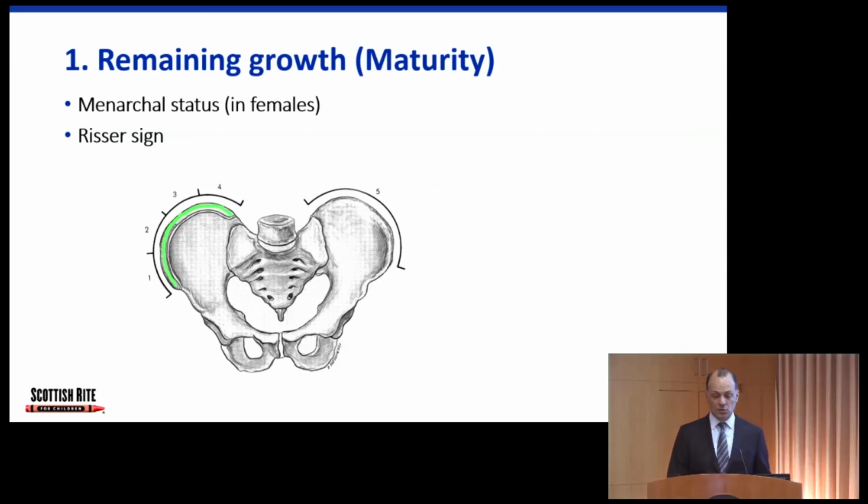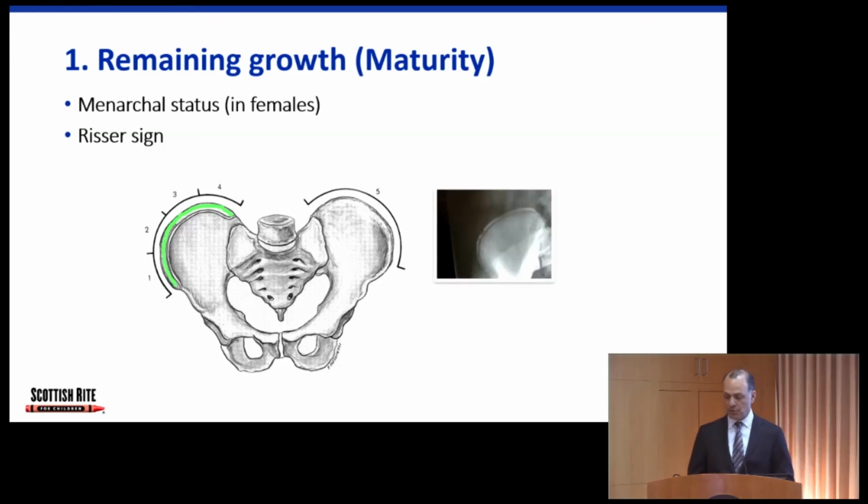And all the way across, it's Risser 4. Risser 5 means that that bone has fused to the rest of the iliac crest. So here's a picture that shows the Risser sign. And in this particular patient, this white line of bone comes all the way across, and therefore it's a Risser